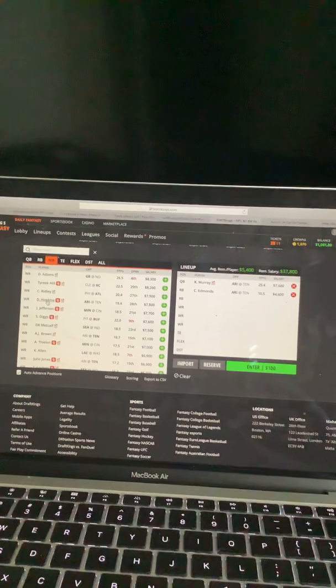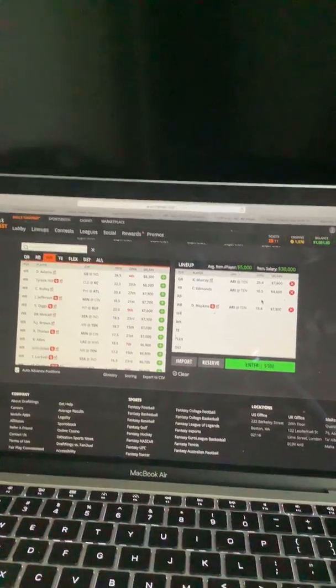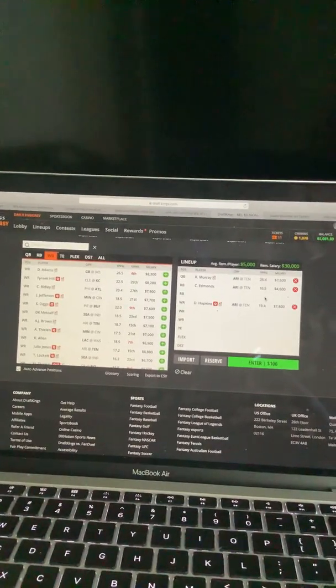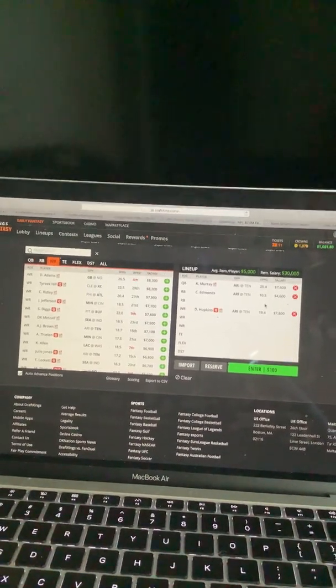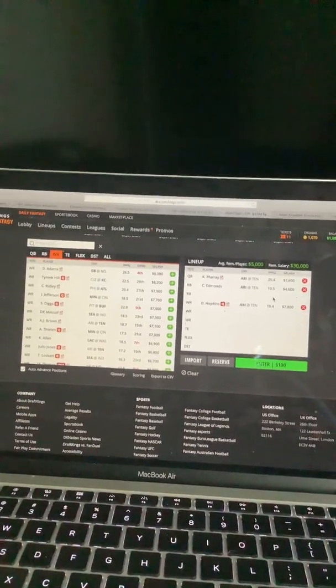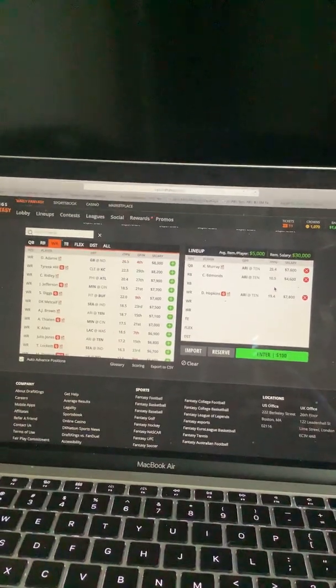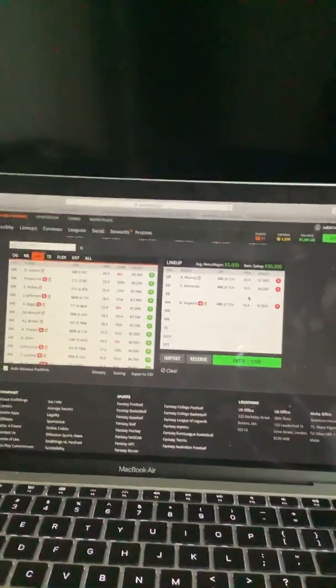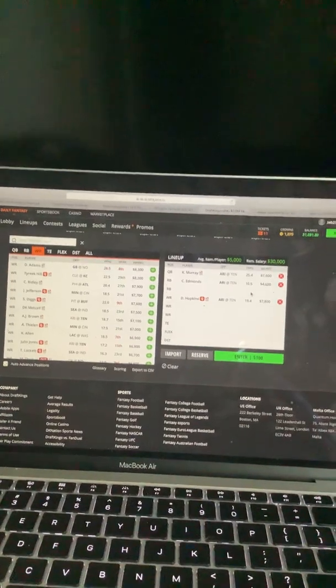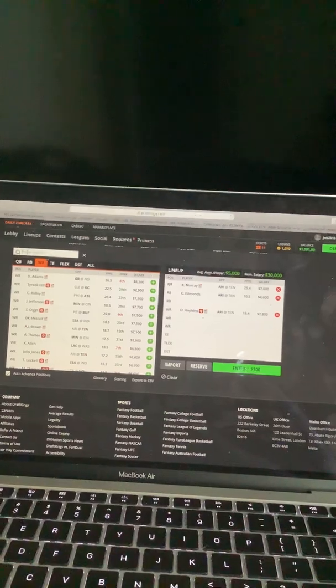And then you got the man, DeAndre Hopkins. Kyler Murray and DeAndre Hopkins will probably be the best 1v1 stack, just due to the fact that that's what we know. We saw them go crazy last year together, and I think that's the only 1v1 stack that really makes sense. I'm not too excited about this receiving core. The only other player I really like